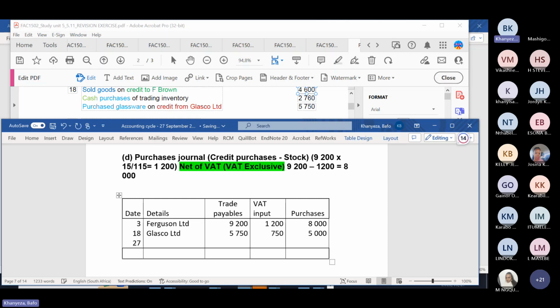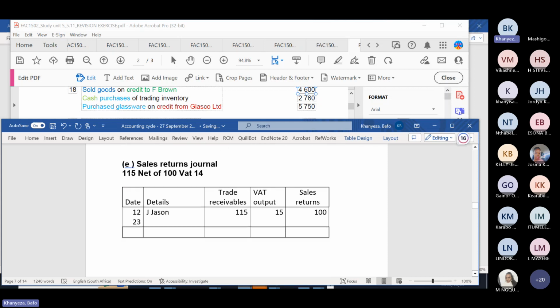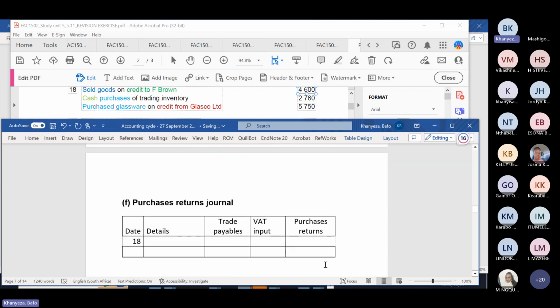Now, returned damaged goods on the 20th. For now, we are returning goods to Glasgow. So these are now purchases returns. Let's look for purchases returns. These were sales returns, purchases returns. So the goods that were bought from Glasgow, we are now returning. Whether Glasgow or otherwise, these are the ones that we've bought. So it means those were purchased on credit, and the total is going to be